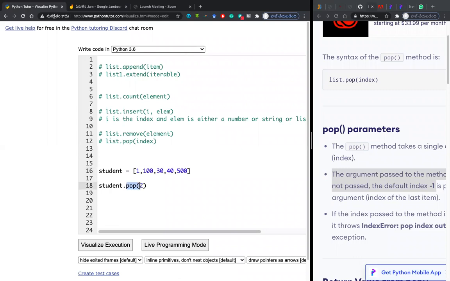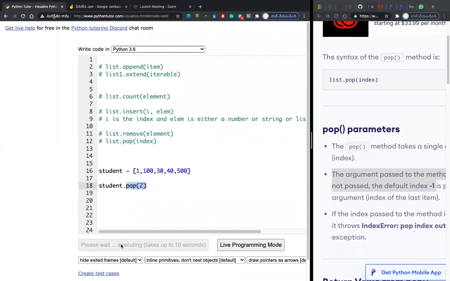I said that POP 2. So in this case, the 30 will be removed and your final list will be 100, 40, and 500. See the difference between remove and POP. In remove, we are clearly mentioning remove 30. But in POP, we are saying pop out an element which is at index 2.